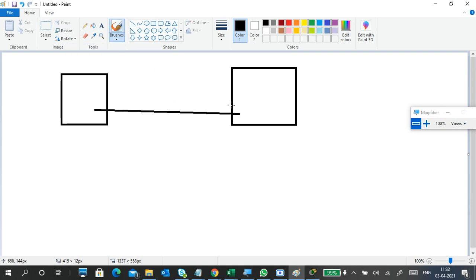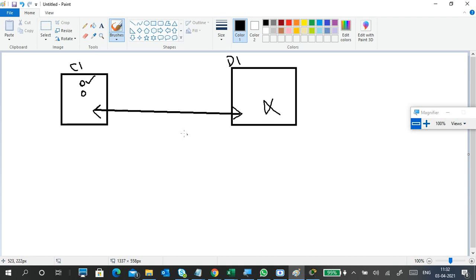Okay, so to get an IP from a DHCP server, this is a client and this is a server, the DHCP server. To get an IP from the DHCP server at the client side, you should select the first option, obtain an IP address automatically, in the network adapter's IP address settings. That's the first one. Then only you will get an IP address from the DHCP server.